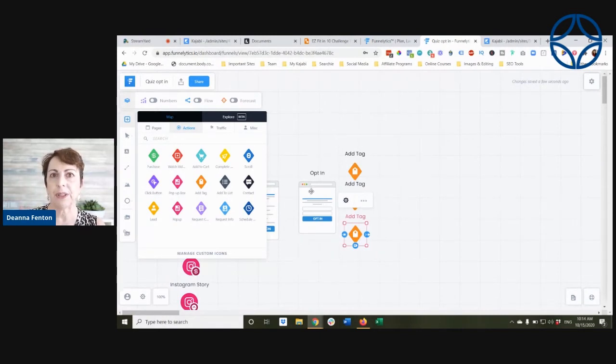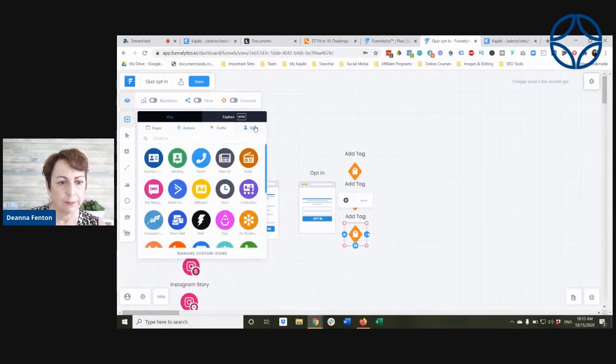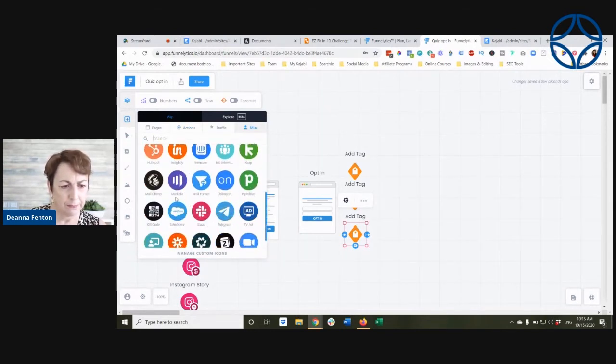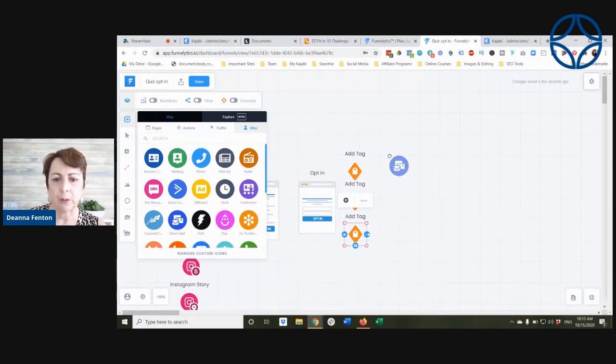Well, after they opt in, they're going to have their results. We're going to add a tag for each different result from the quiz. And then what we want to do is send them an email. So each one is going to have an email sequence that is specific to the results.